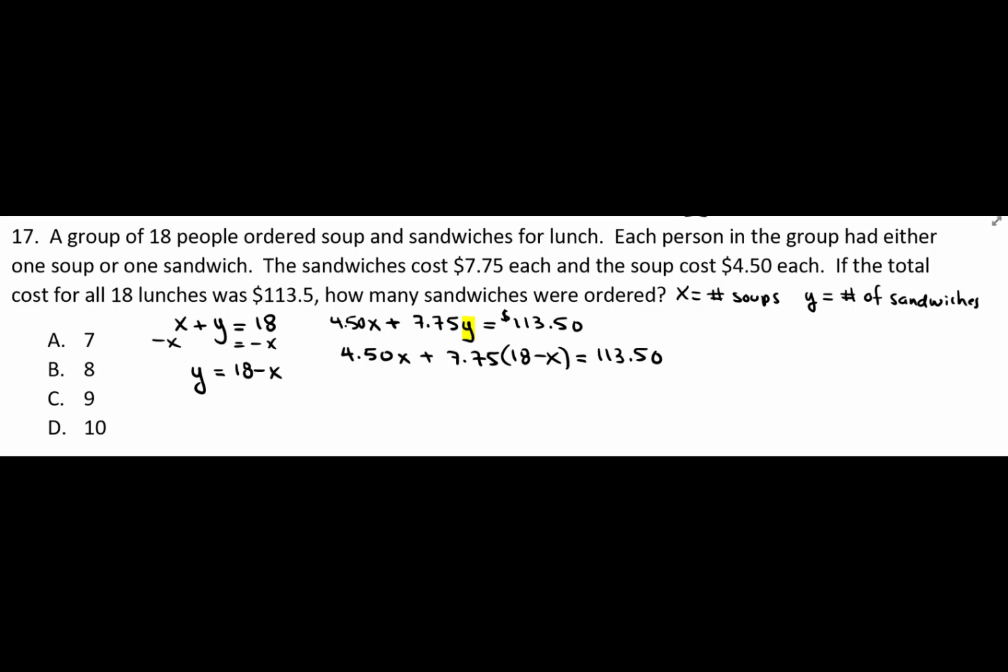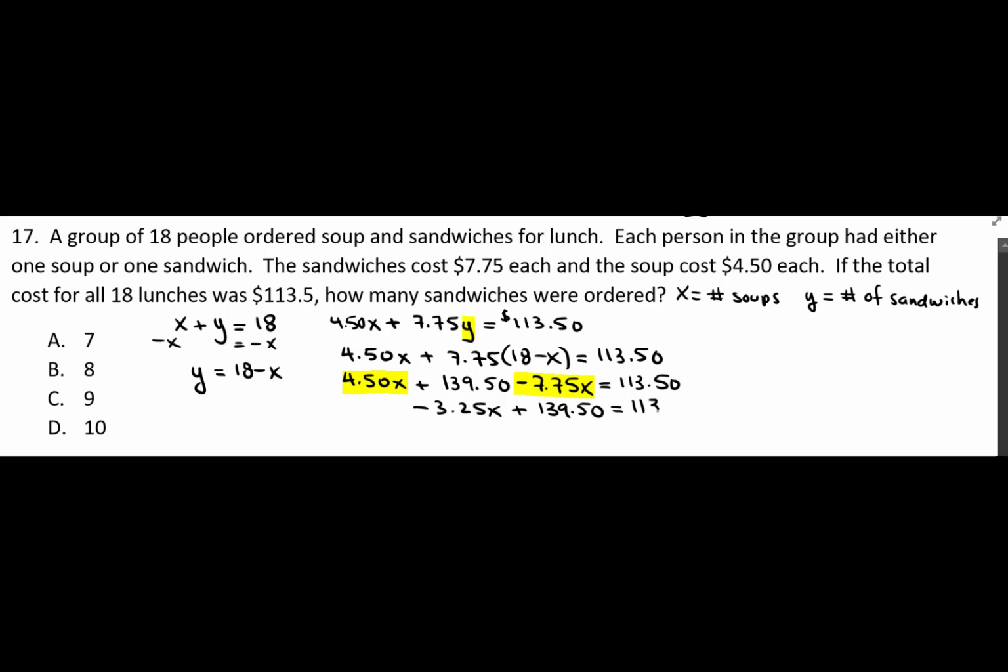We're going to distribute the 7.75. So we get 4.50x plus 7.75 times 18, which is 139.50, minus 7.75x, is equal to 113.50. We're going to combine like terms. So we're going to subtract, keeping the sign of the larger number. So this is going to be negative 3.25x plus 139.50